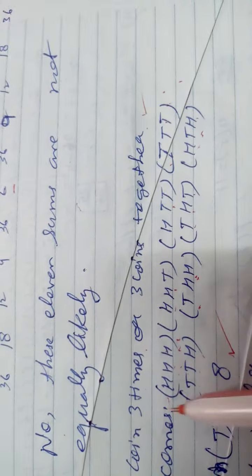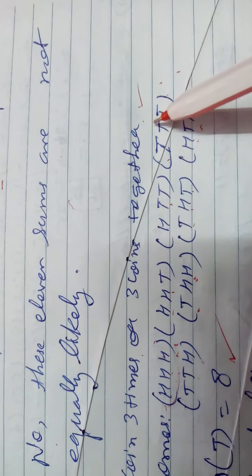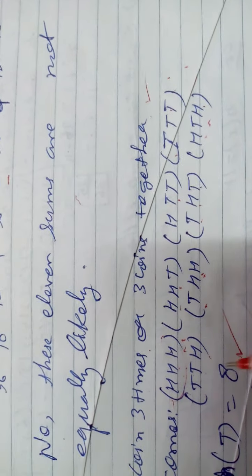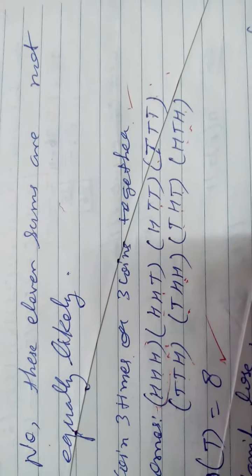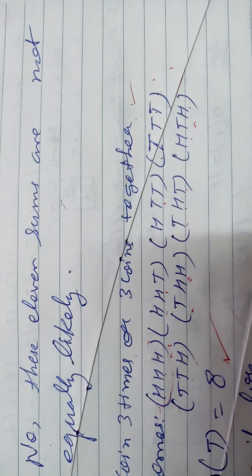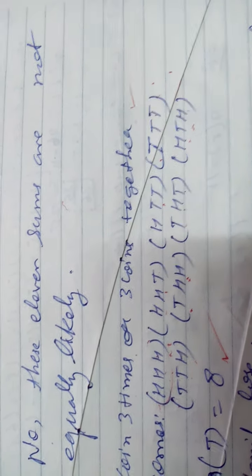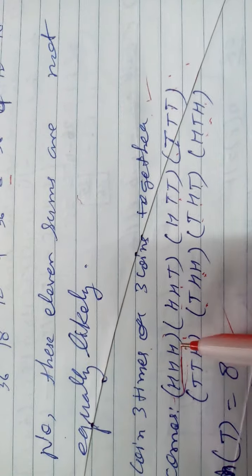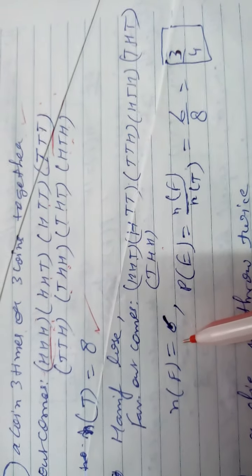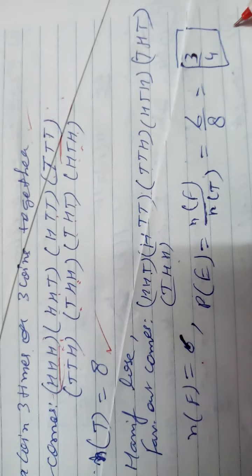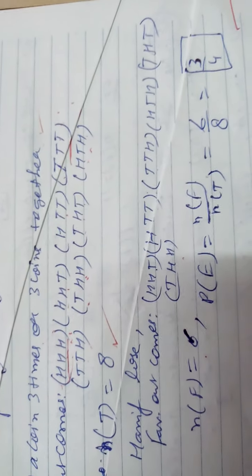Hanif loses only when triple H and triple T do not come. Triple H and triple T, it means losing, so except these two, all are favorable. So HHT, HTT, TTH, HTH, THT and THH, except those 2 you leave and the others you get 6. Favorable outcomes are 6. And now you will get 6 upon 8, 3 by 4 is your probability.